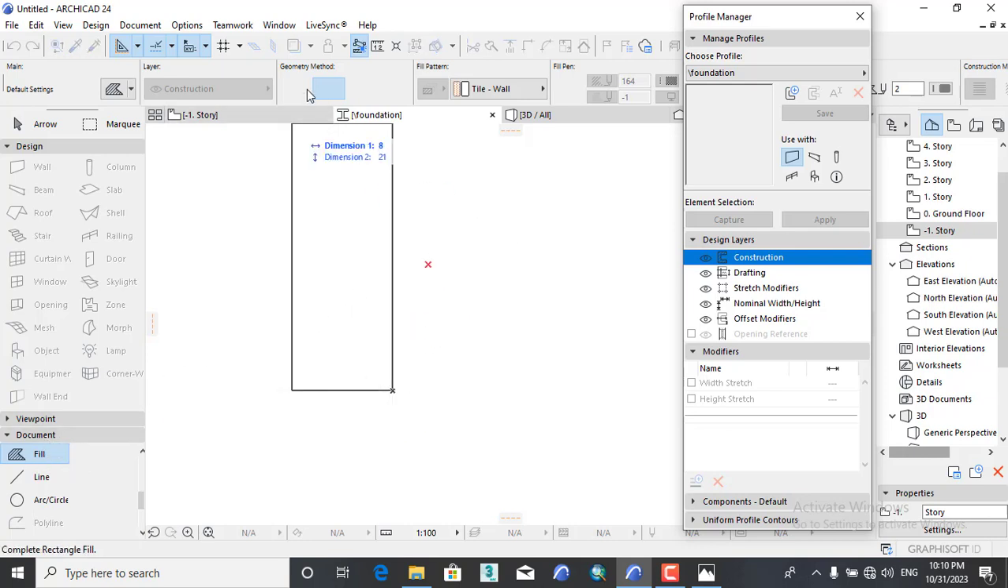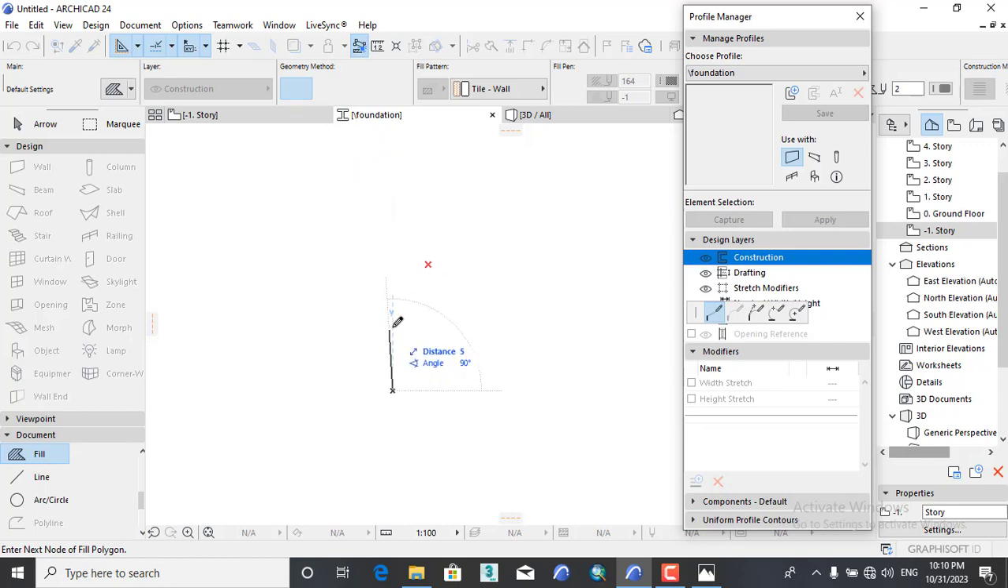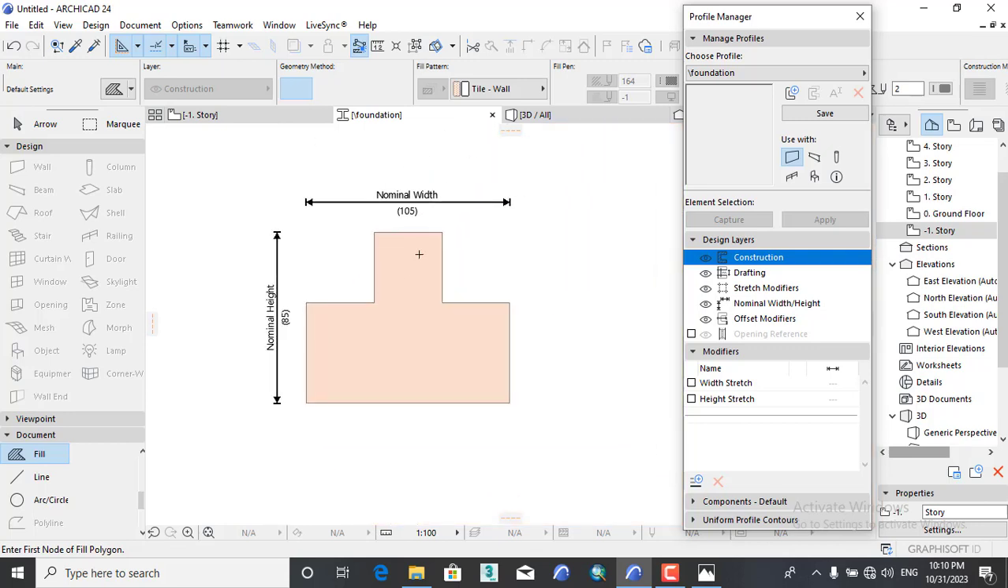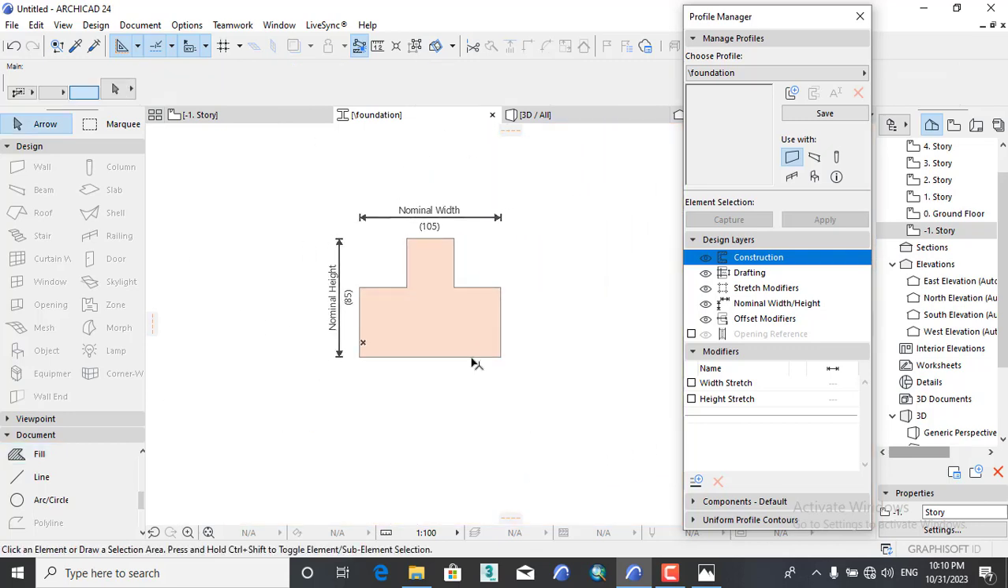Start from here, you can choose this one, 50, enter, and come to here 35. Also 35, here 35. Let's hold shift like this. We have here the height 85, 105. So we should change the material,